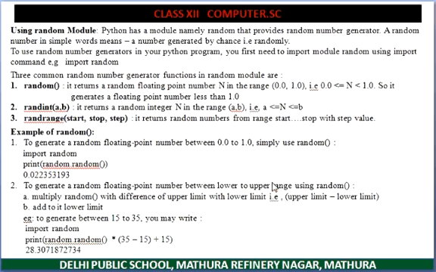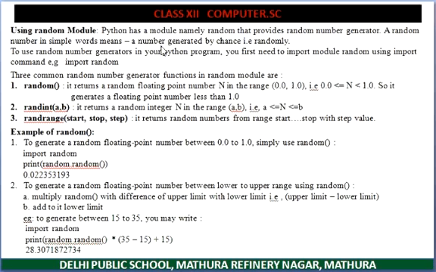Now, using the random module. This is a very new topic, so all of you be attentive. I have never taught this topic earlier. Random module means, first, what is a module? A module is a file that contains functions. So here the random module is a file that contains the random function. I read a definition: Python has a module namely random that provides a random number generator. A random number in simple words means a number generated by chance. So what is a random number? A number that is generated by chance, randomly.